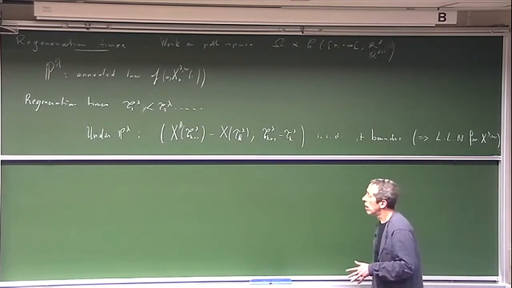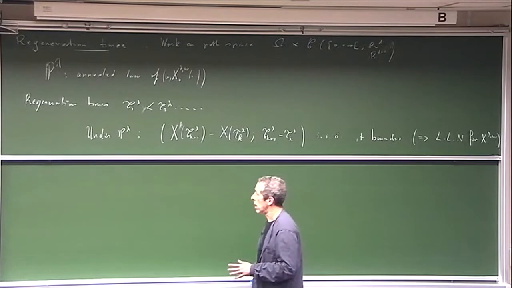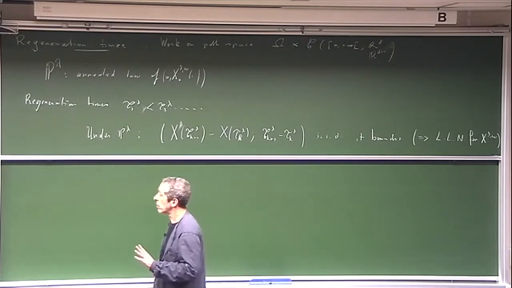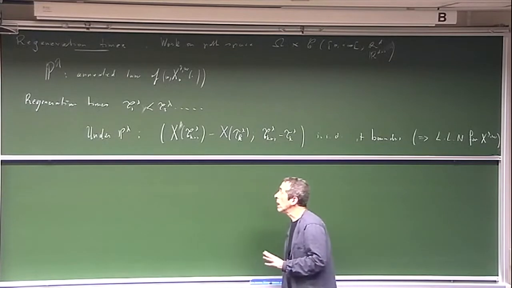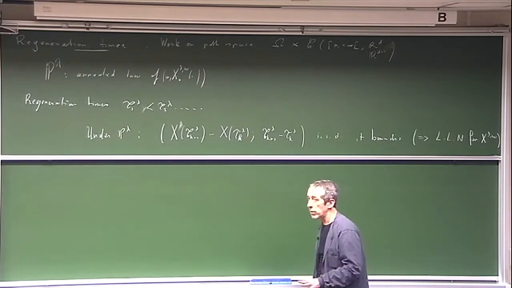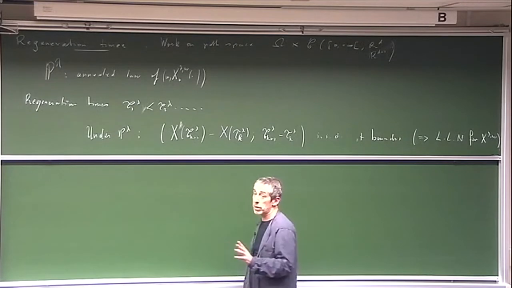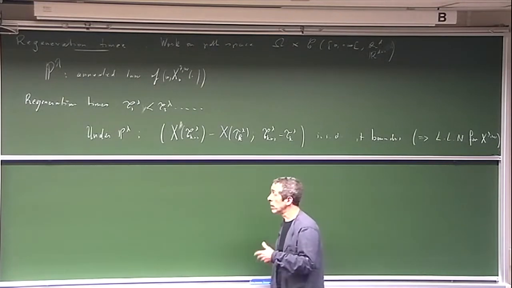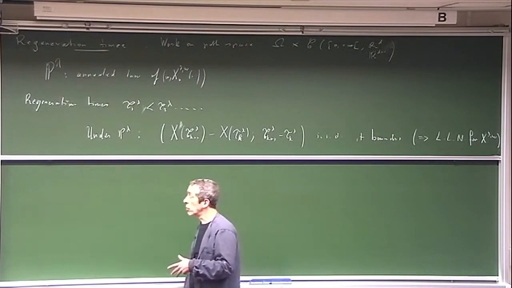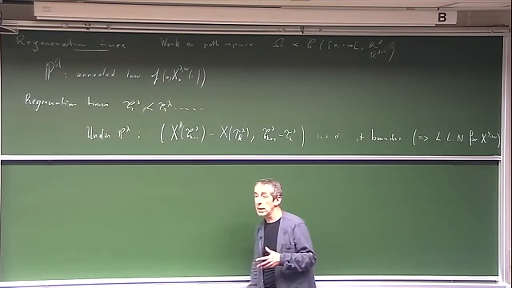So there are two or three things that we should do. One thing I want to do is to recall how we construct these regeneration times, how we define them. So maybe the first thing I will do is to give a definition, and